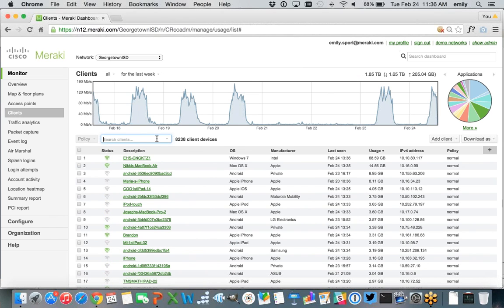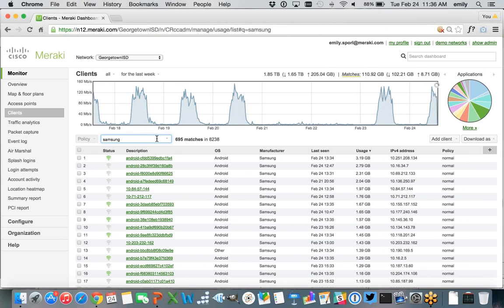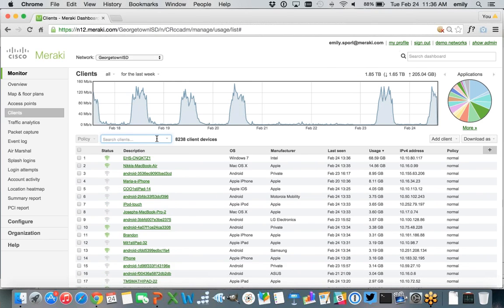You can search by the manufacturer, so maybe we only want to find Samsung devices. Basically, you can search by most of the columns that you see here: the description of the device, the operating system, manufacturer, IP, MAC, user if you're integrating with some sort of authentication service.